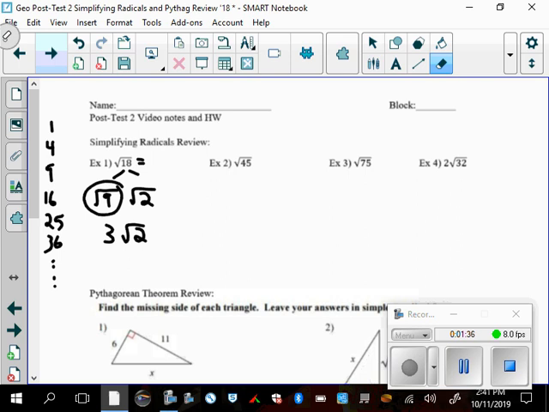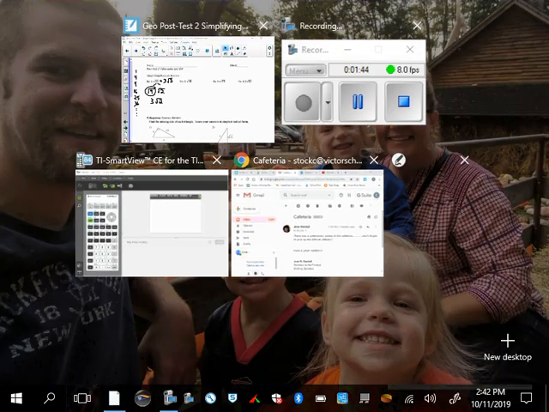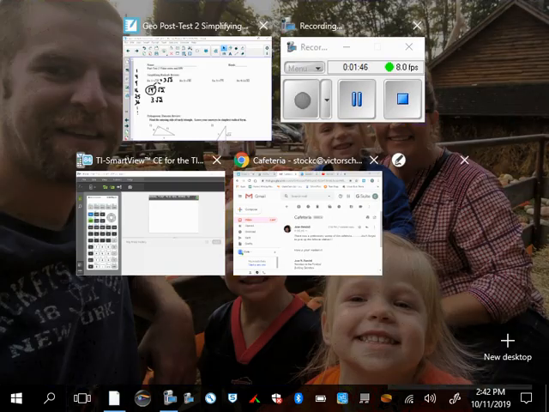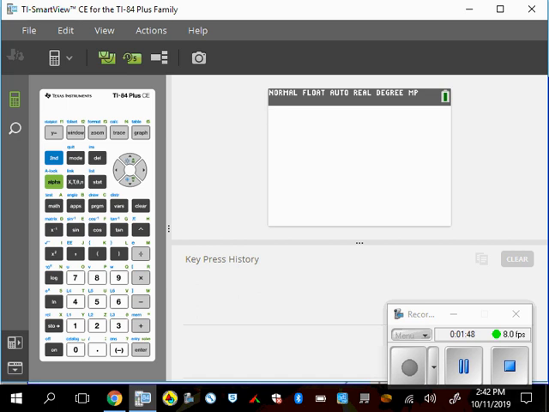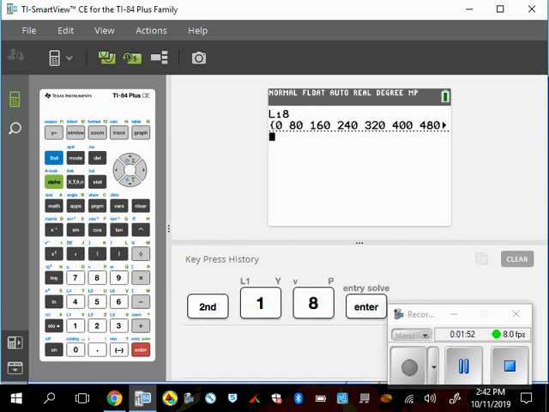Okay, so in Algebra 1, we started doing this. In Geometry, we'll be doing it again. You'll also be using this in Algebra 2. If you go to your calculator and you type in the square root of 18,